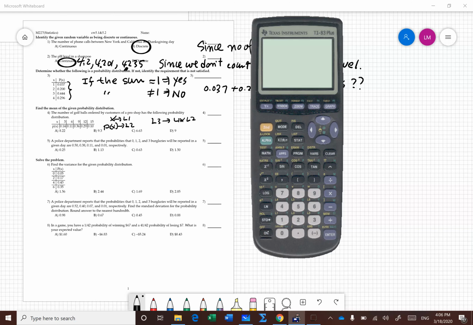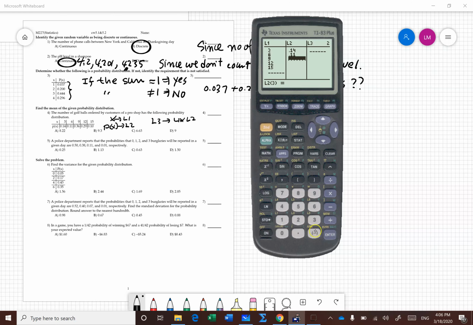You have to turn the calculator on. Okay, stats. Clear L1, clear L2, might as well clear L3. Now in L1, you put all those numbers 3, 6, 9, 12, 15, and then the corresponding probabilities, which are 0.14,